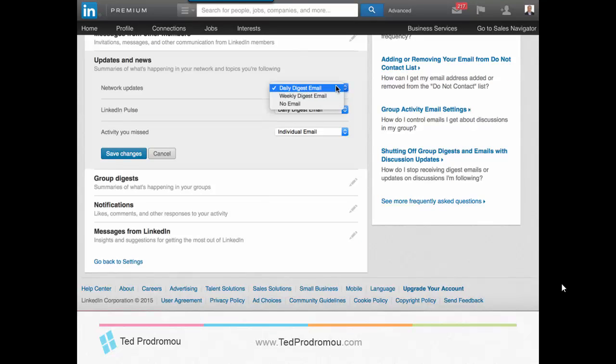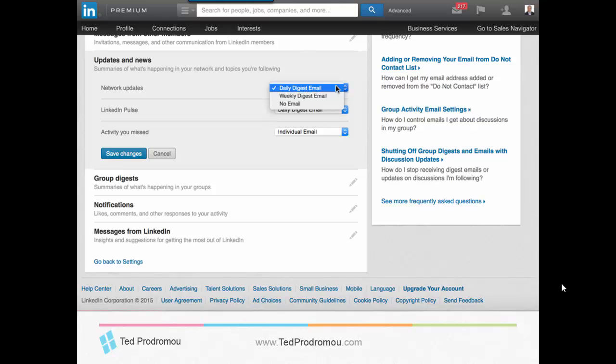So network updates, I get a daily digest email, or I can turn it off completely. But I like to see at the end of the day, it gets an email and it just says what so-and-so has posted, so I don't have to see if I missed it going through the timeline. It's just a good way to reach out to people and say, oh, Joe's posting about his new product that's coming out. So you want to go out there and help him promote that product, or help him in some way.